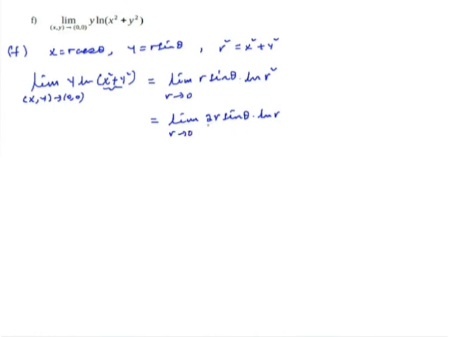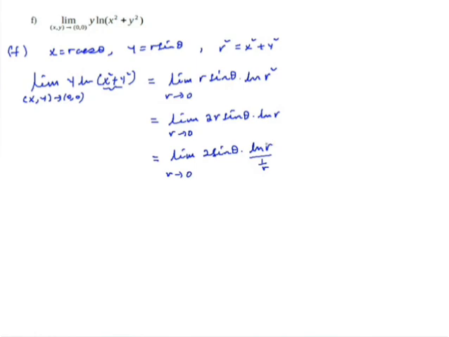Okay, ይሄንን ሪራይት ስናደርገው ምን ይሆናል? The limit of 2 sin theta times ln r over 1 over r as r approaches to 0 ነው የሚሆነው።